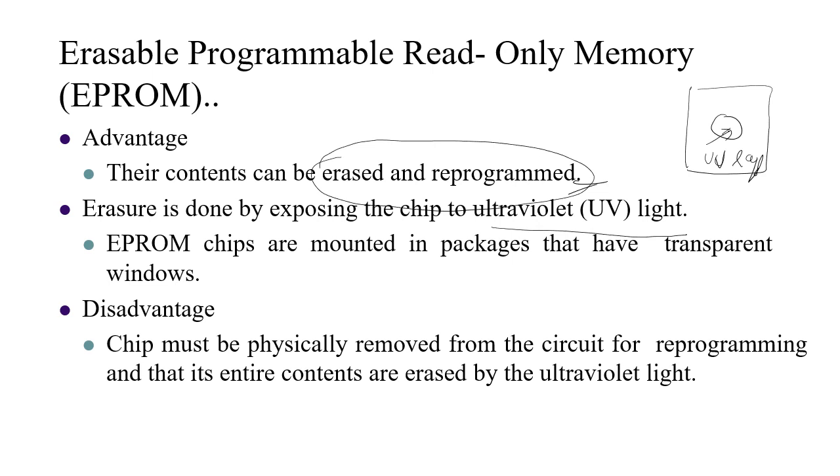The transistor will be programmed in such a way that either it will be turned on or turned off, so that it will store a specific value, either 0 or 1. If the transistor is turned on, the cell will store 0, and if the transistor is turned off, the cell will store 1. So in order to erase that, the transistor has to be brought back to its default state. This can be done only by passing ultraviolet rays through a quartz window that is available in EEPROM memory cells.